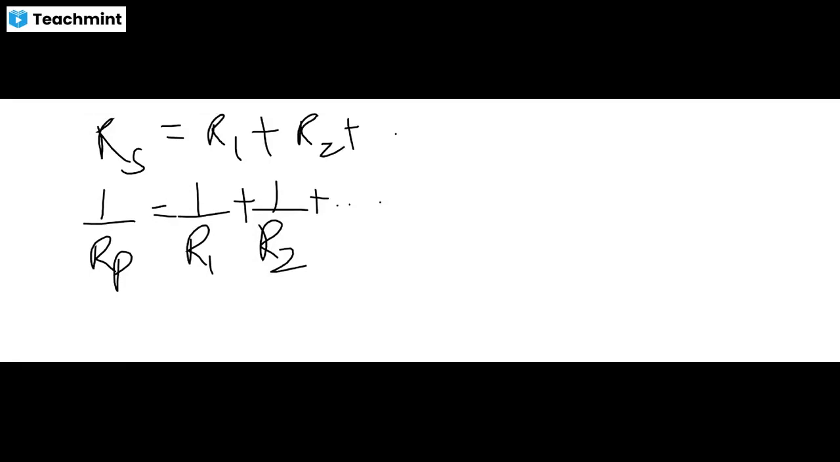And in parallel combination, resistance will decrease. Okay? Minimum and maximum resistance. So maximum resistance you'll be getting in series and minimum resistance you'll be getting in parallel. Okay. Here, in resistance in series, when you are taking,